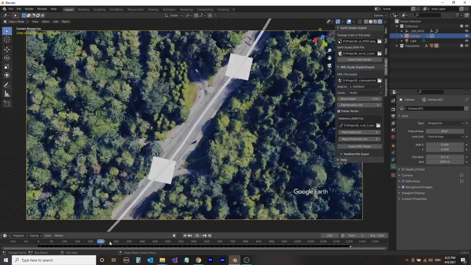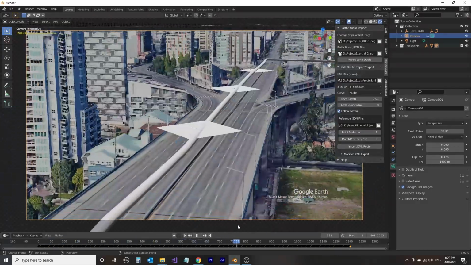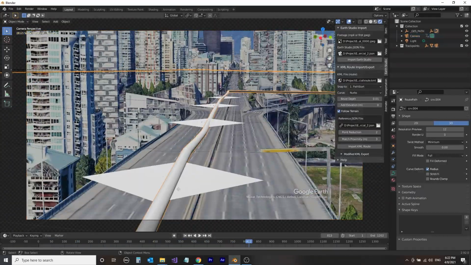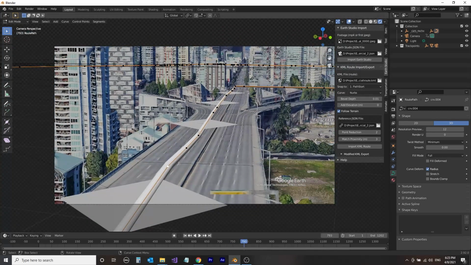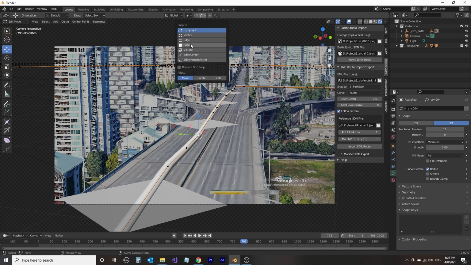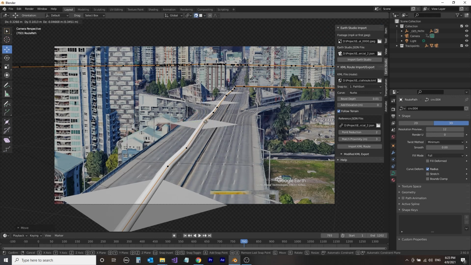Now we're going to actually edit the path itself where it needs correcting. So we select the route path. We'll press Tab to enter edit mode. We can now edit the individual points within the path. On occasion, a point will not line up with its track point. So we can use the magnet tool again and move it to the track point and snap it to the